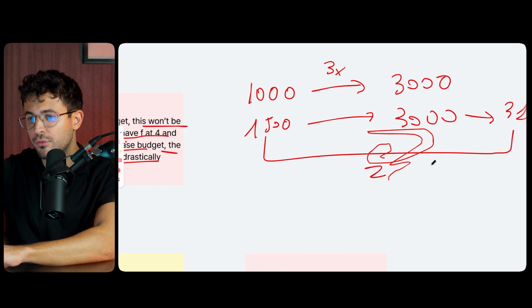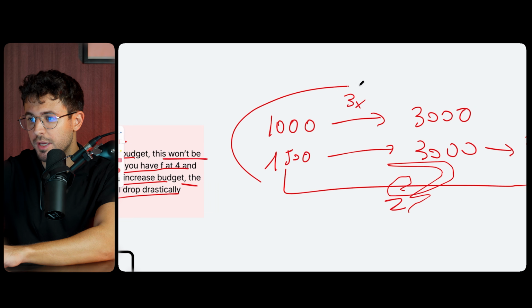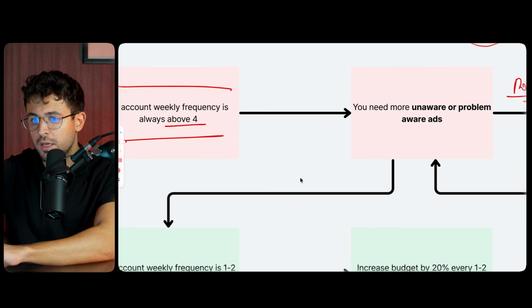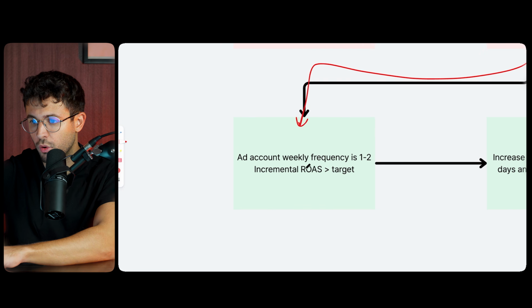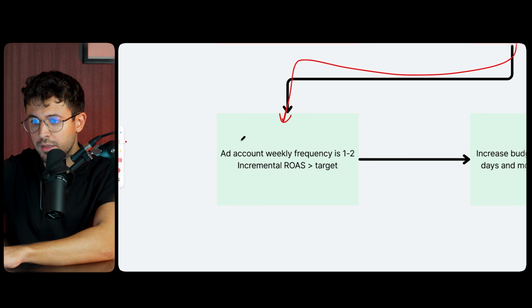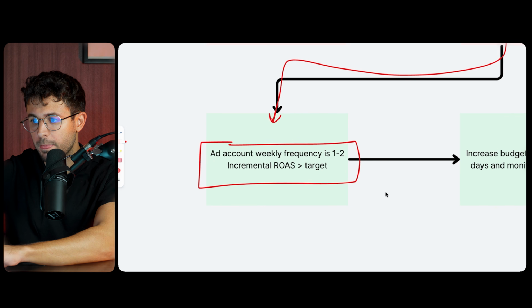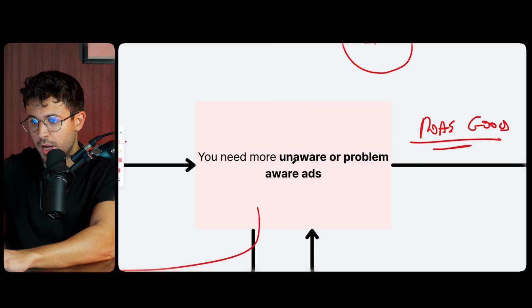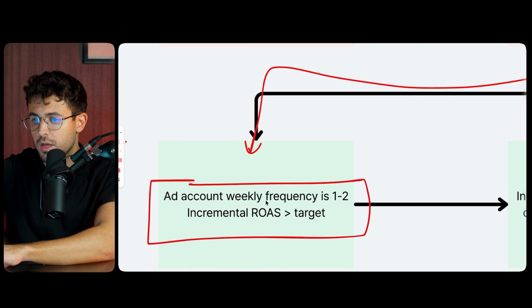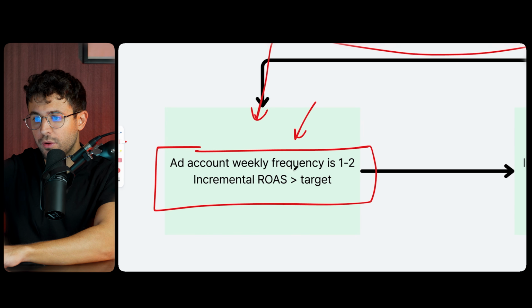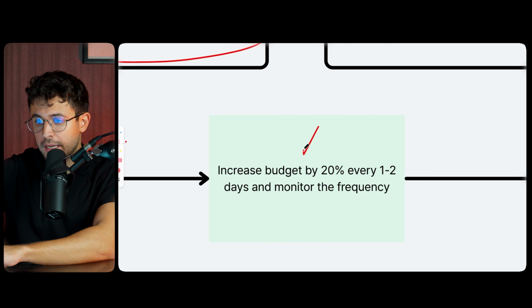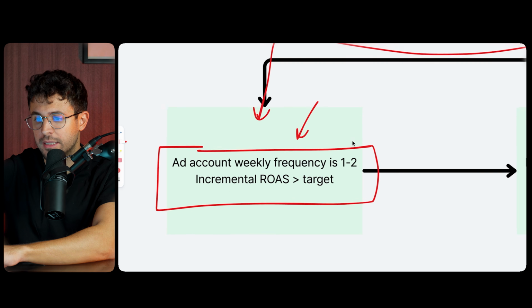So in order to avoid this situation, rather than increasing your budget just because your ROAS is good but the frequency is high, you need to say, okay, cool, I need to bring the ad account weekly frequency to 1 or 2. You do that by launching more, creating more unaware and problem aware ads. Then once the ad account frequency is between 1 and 2, technically around 2 is good weekly, then increase the budget by 20%, at the ad